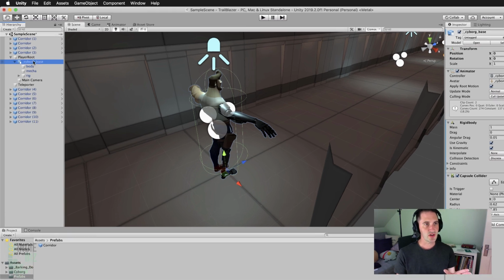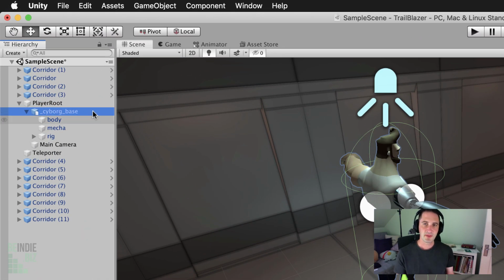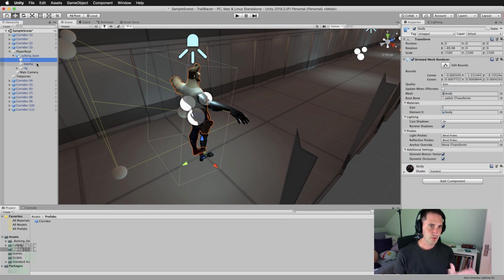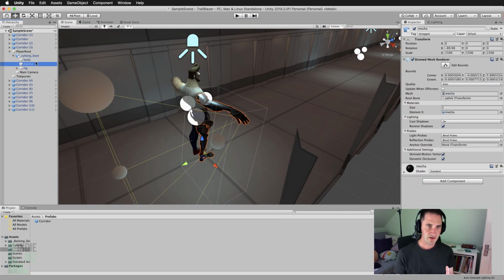When you select on the cyborg base object here, it doesn't actually contain a mesh renderer on this object. We simply have a rigid body, a capsule collider, and an animator object. There's no mesh here. That's because it's on these three basic pieces down here. In fact, the body and the mechanical section, which represents the mechanical parts of this object. Both of these objects feature a skinned mesh renderer, and this is where we can decide whether this object's being